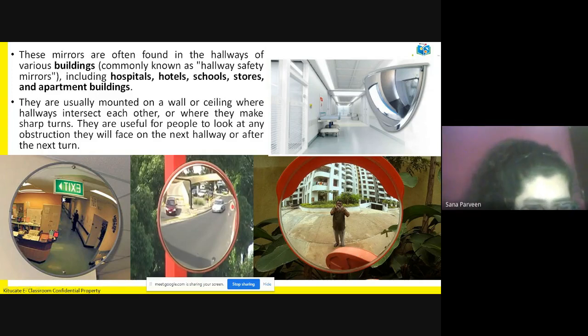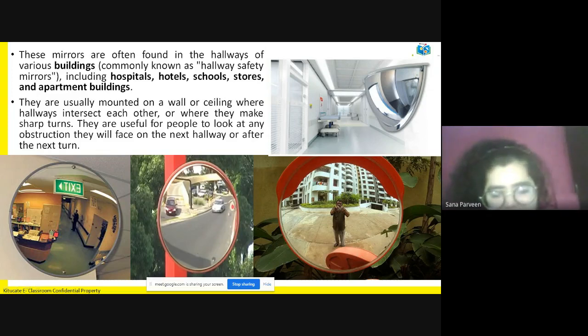Now here in certain stores and marketplaces, again a convex mirror is placed, so that if a person is coming from here, another person is coming from here, and both are viewing themselves in the mirror, they can avoid possible clashes. Again, on some roads, there's a junction. Okay, this car is coming from the top of the bridge, this is coming from the other side. Chances are that the collision is going to happen, the accident will happen. Okay, so as to avoid this, a mirror is displayed on the pole.